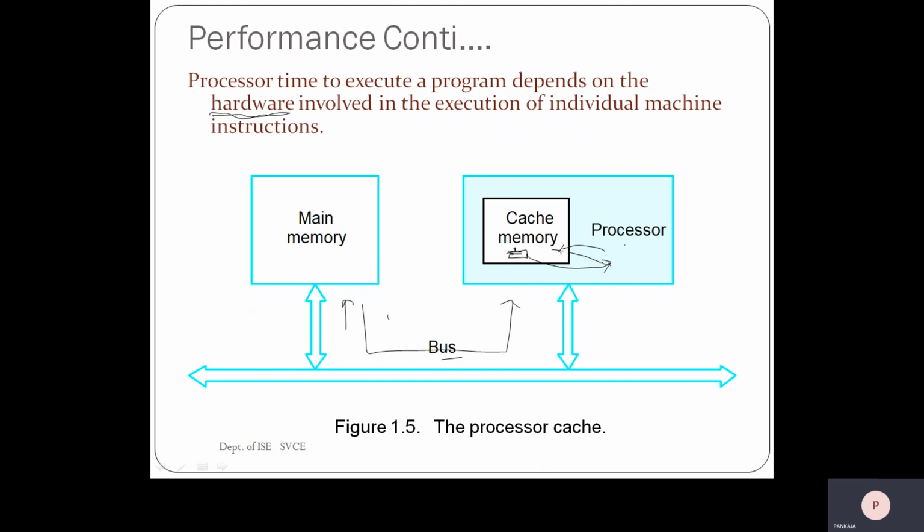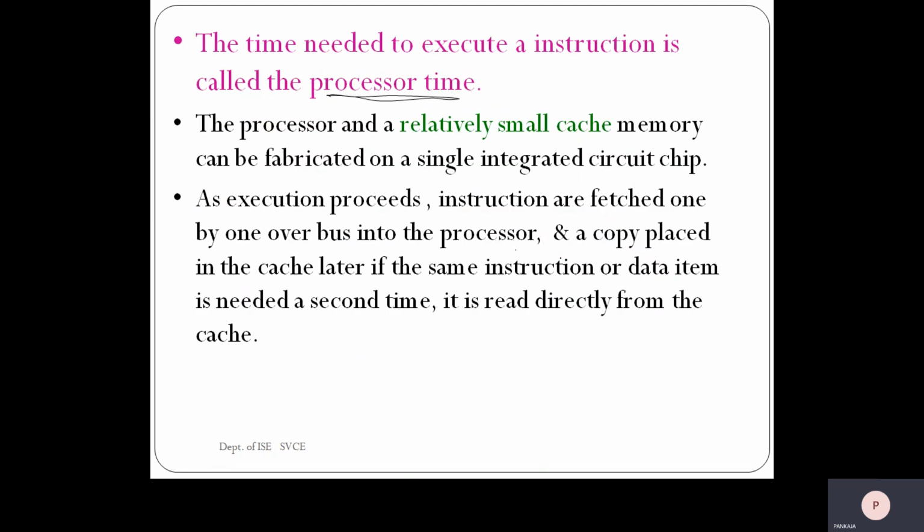Always remember, the performance of the computer can be improved by reducing the number of memory accesses between the processor and main memory. By doing that, the performance can be improved because it will get the requested data in less time. So due to that, execution of the program is going to be faster.